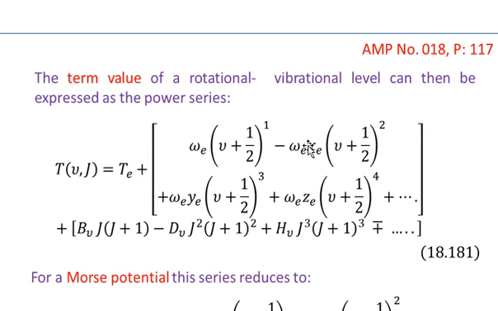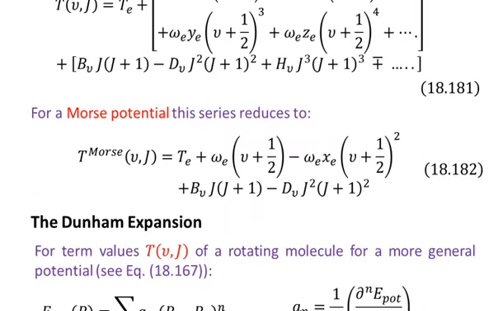So the main square bracket is actually the contribution due to the vibration of the molecules, and the small square bracket, which contains the rotational quantum number J, is actually the contribution of the rotation of the molecules to the term value of the molecule. For a Morse potential, this series reduces to